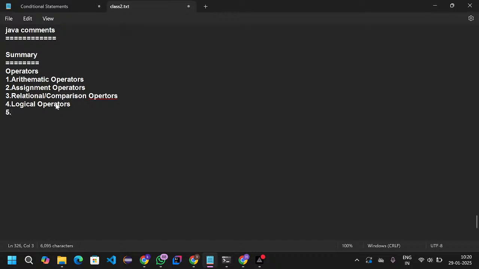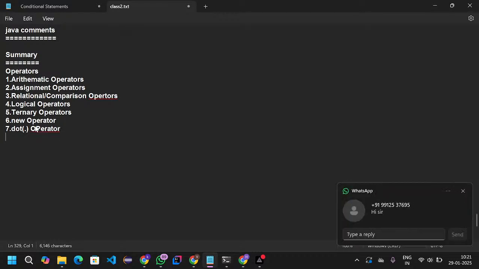We discussed ternary operators, and we discussed the new operator, and we discussed the dot operator. And today let's start with